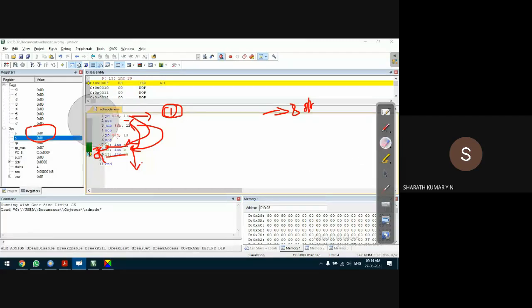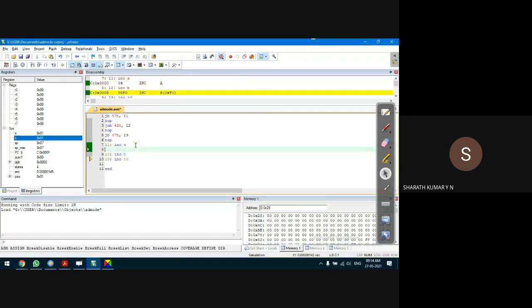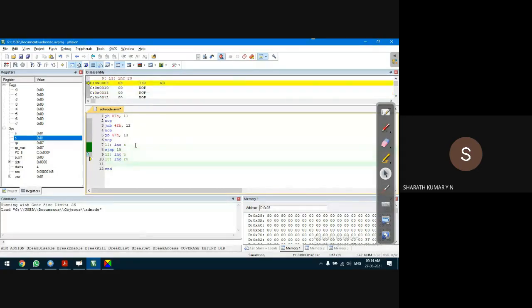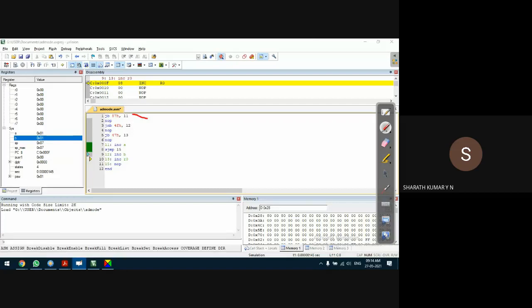In that case, we can use a short jump instruction to go to the last line. Let us call it L5. What is L5? L5 is exit, that is NOP, no operation. Once this first instruction's condition is satisfied, it will go to L1. After that, I don't want to execute these two lines. It will go to the last line, that is L5.